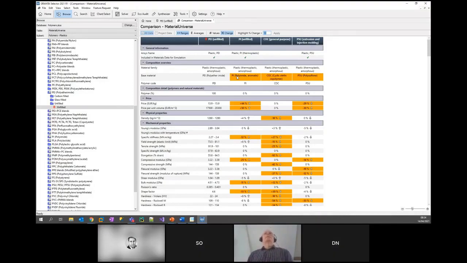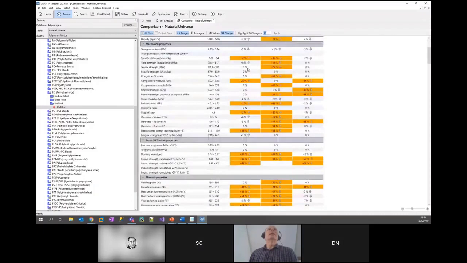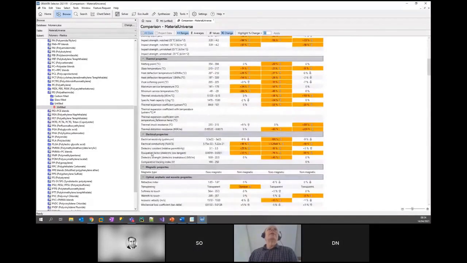So our closest material was this PI unfilled. On the face of it, that might be quite a good candidate. But one of our most important criteria was our dielectric constant, one of these electrical properties. So we can just do a quick check, and we need a lower value or an equal value. I'm just going to scroll down to electrical properties, look at the dielectric constant, and immediately we can see that we can rule out this